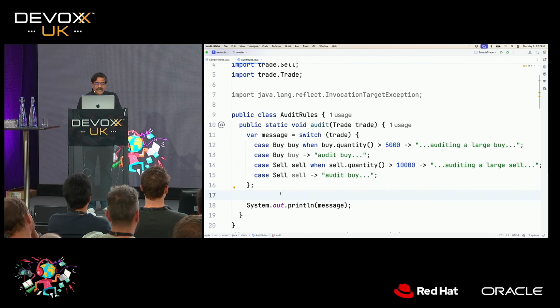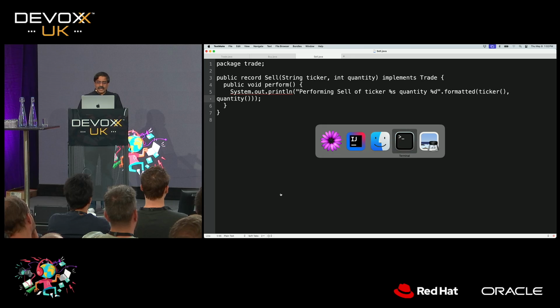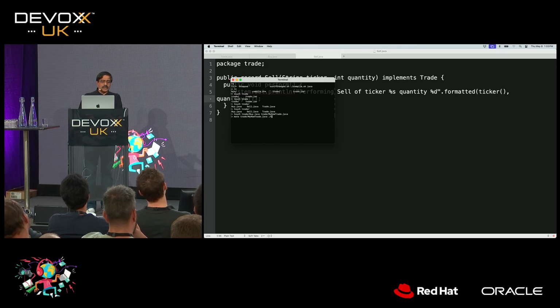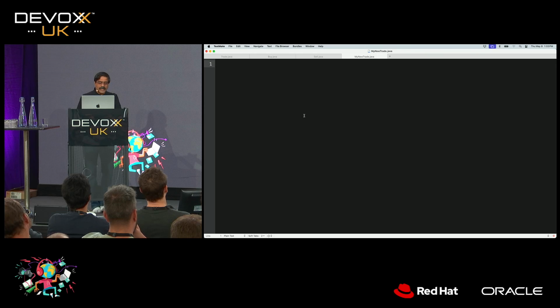However, what if in the future we have a change in this particular case? So for example, just as an example, I'm going to go to the trade and add into the trade in here. Let's copy the buy.java for a minute, pardon me, and I'm going to copy it to my new trade.java, right? So let's go ahead and take a look at my new trade in here. So what is my new trade?